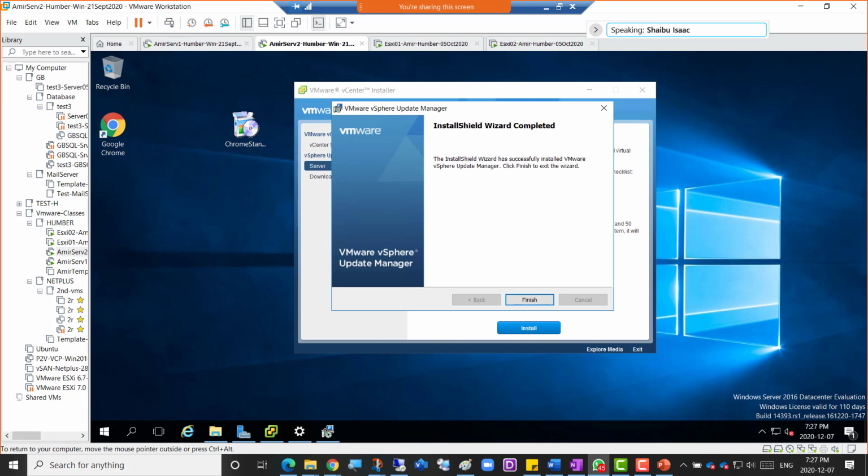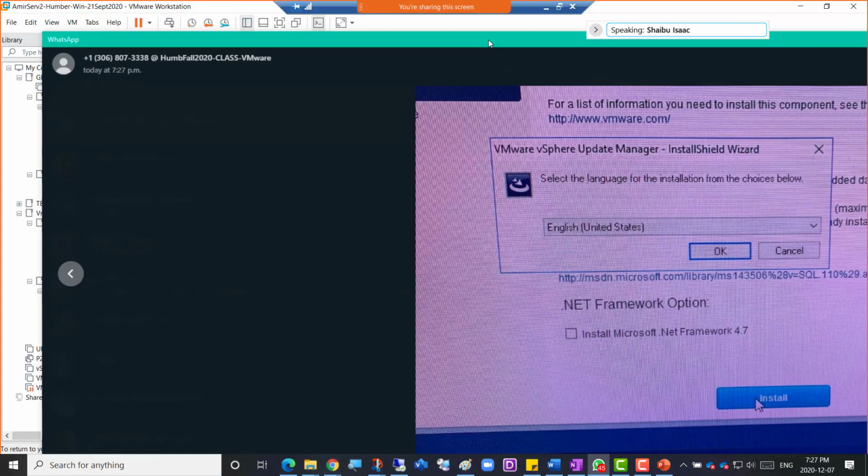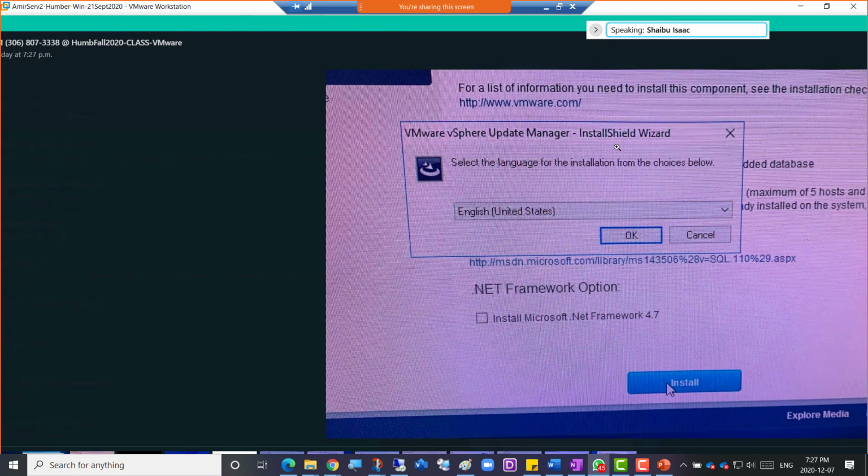I mean, once you select SQL and press install, then the VMware Update Manager is coming. This means that your SQL is installed, but it's still looking for SQL Server as well, which is very strange.